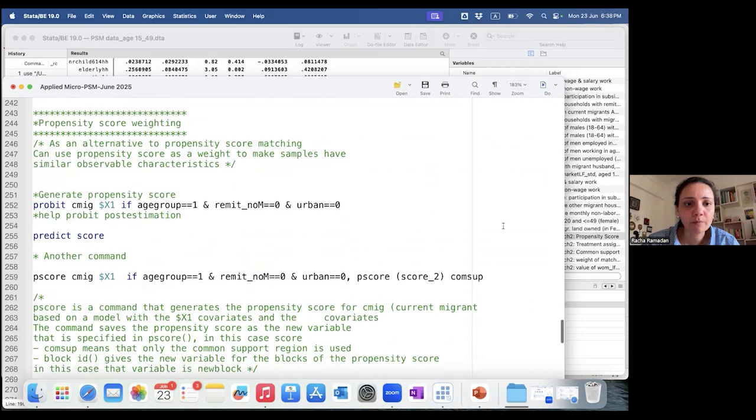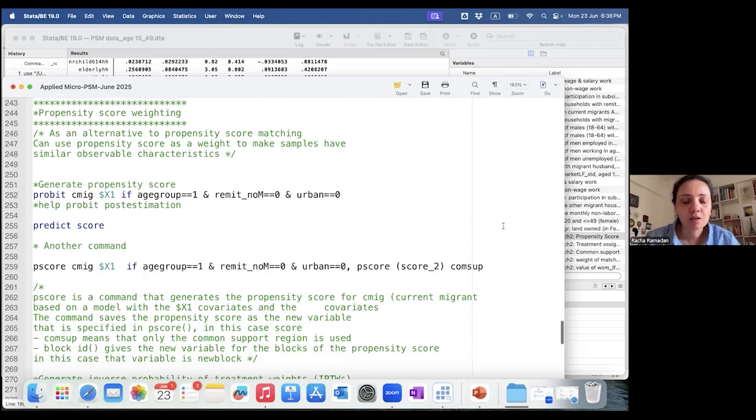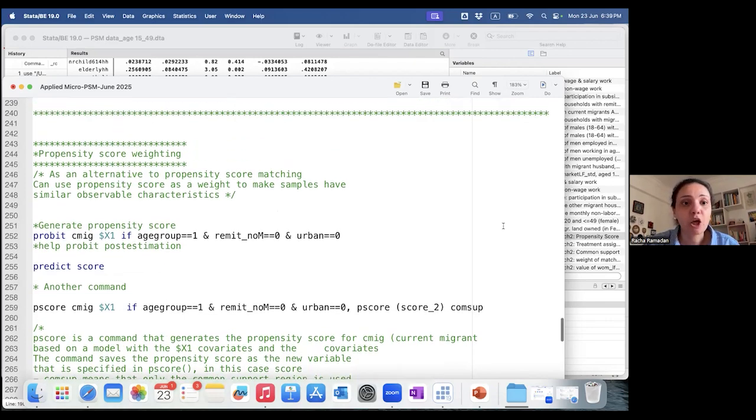I wanted to come to the last part, because this will bring me to the question of why, if the outcome variable is continuous or binary. So here I will use the PSM score as a weight to run my regression. As I said before the break, if I run my regression, I regress female labor force